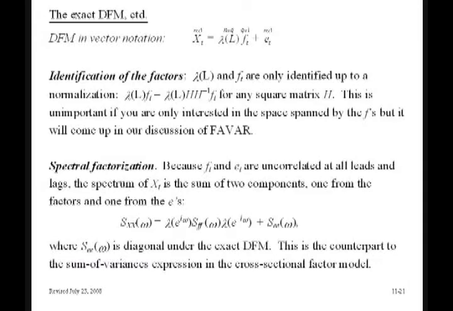And we'll talk about that at the very end when I talk about Favar and Bovan-Giannoni. Second comment is that there's a spectral factorization. And that spectral factorization is this: the spectral density matrix of the x's at frequency omega. Because the f's and the e's are uncorrelated, all autocovariances between the two, at all leads and lags, are 0. So that means that the autocovariance function of the x's is equal to the